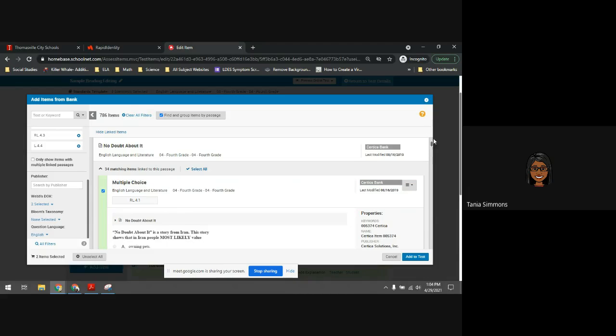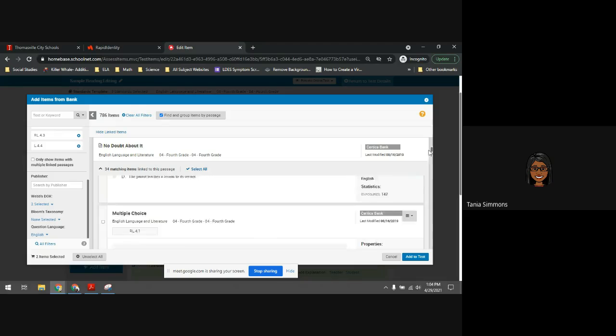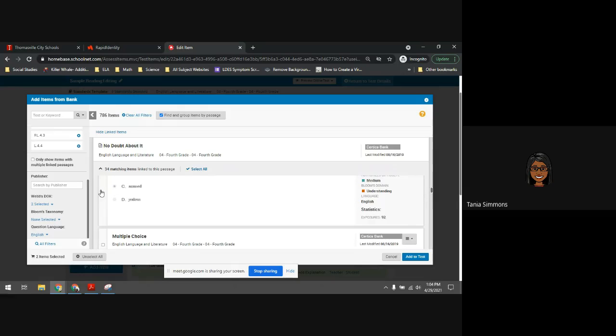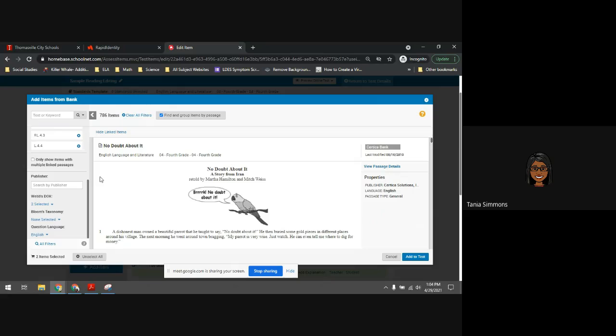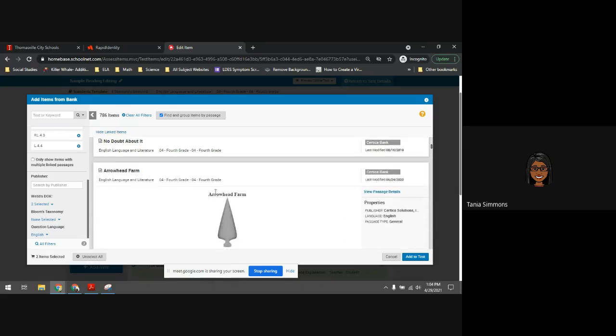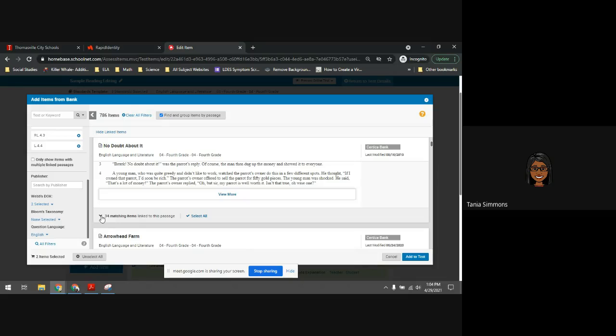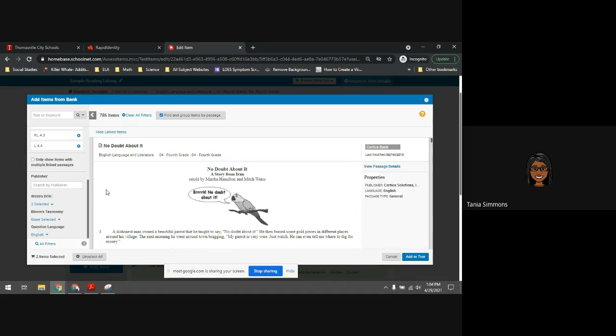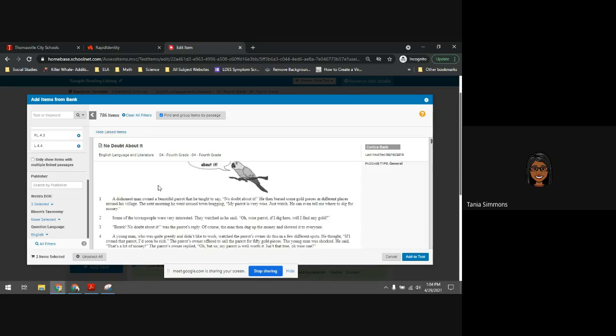If I use my handle here and scroll down, as you notice right now, it says no doubt about it. As I scroll, it still says no doubt about it because those questions are still there. I can scroll down or I can just click this to let it all go away. And then if you do that, then the next story comes. So all I did was click that. It said 34 matching items. I can look at all 34. If I'm done with them, then I can just click the triangle with a little up arrow and all of